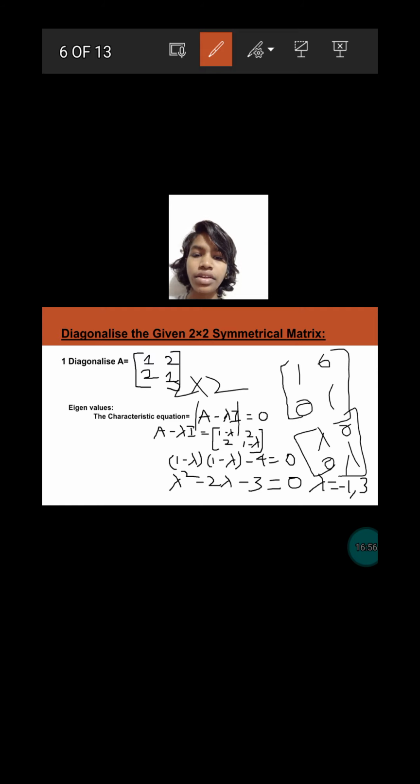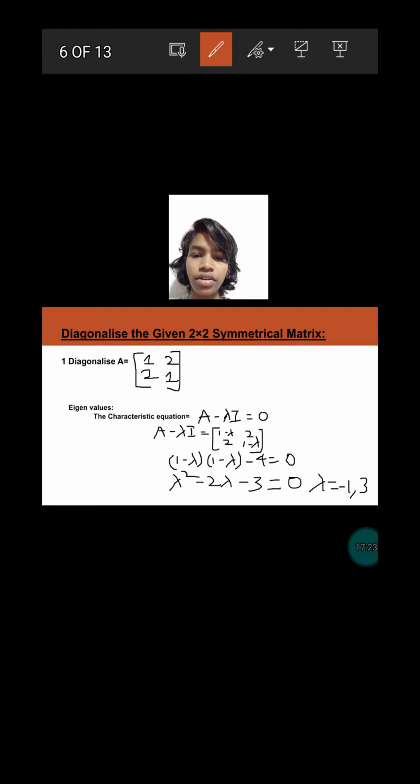Subtracting lambda I from A, we get 1 minus lambda, 2 minus 0 is nothing but 2, and 2 minus 0 is nothing but 2, and 1 minus lambda. And the determinant of this is